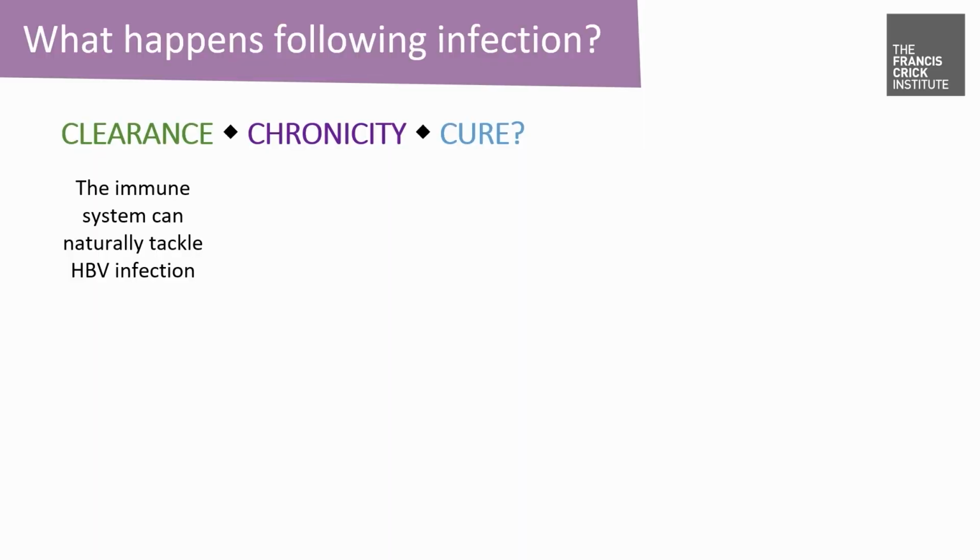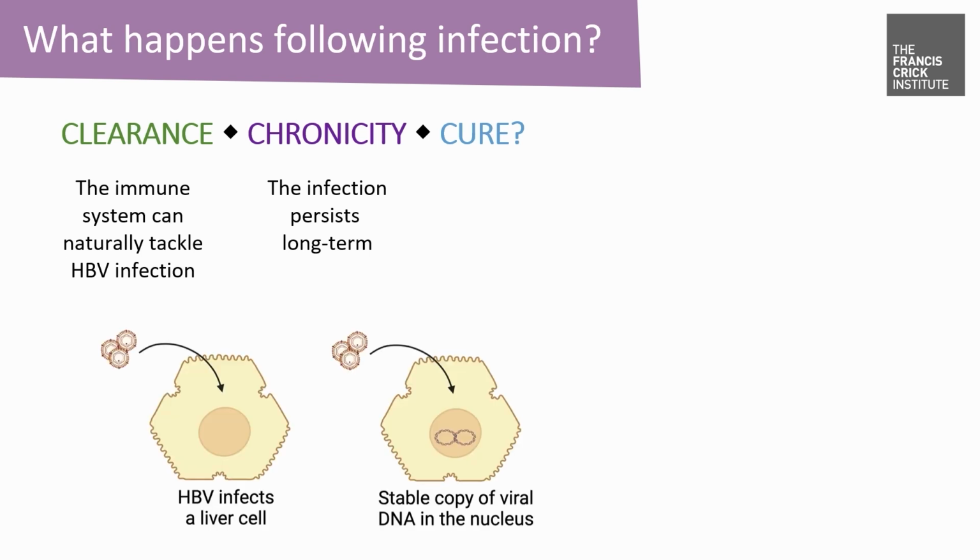It's actually entirely possible for the immune system to deal quite well with hepatitis B and for it to get mopped up. And for most people in whom that happens, that's the end of it. However, as we've said, and particularly for infants infected early in life, the infection can persist long term. And the reason for this is that the virus archives itself. It makes a very stable copy in the nucleus of infected liver cells where it hides from the immune system